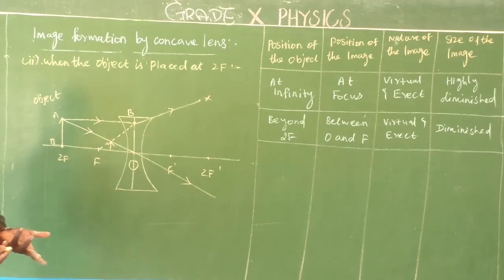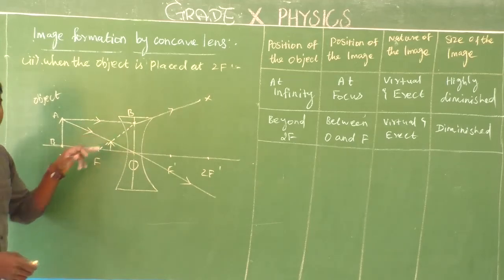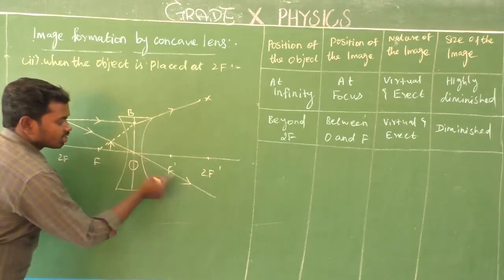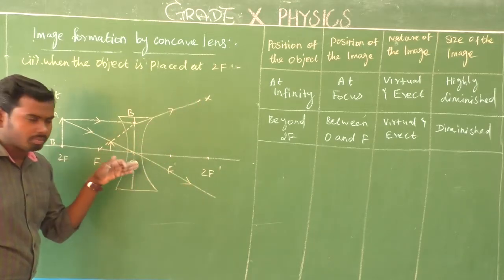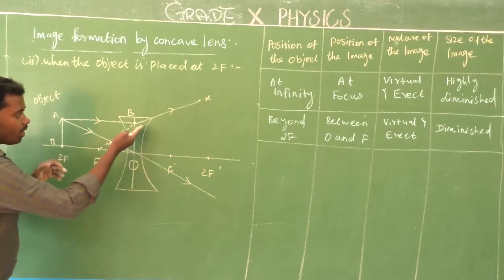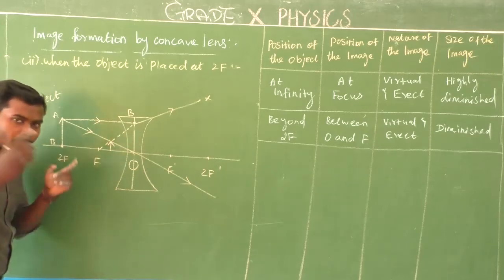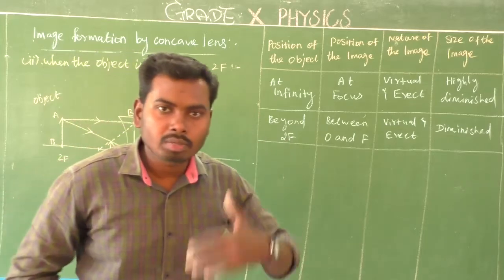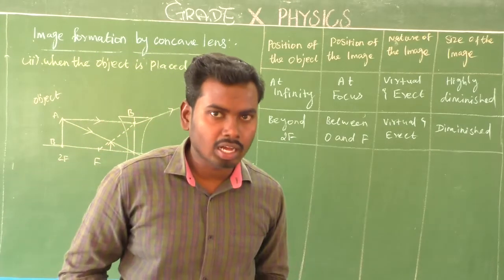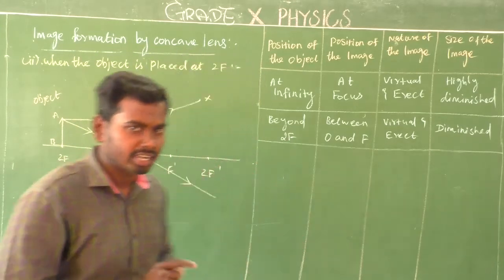Very simple. Look here. Here are the two refracted rays. This is one refracted ray and this is one refracted ray. Am I right? This ray is coming out from the optical center O. So here, the two refracted rays appear to meet at a single point because there is a virtual image. The concave lens always makes only a virtual image. You consider that. Don't get confused. Don't panic. Is it clear?